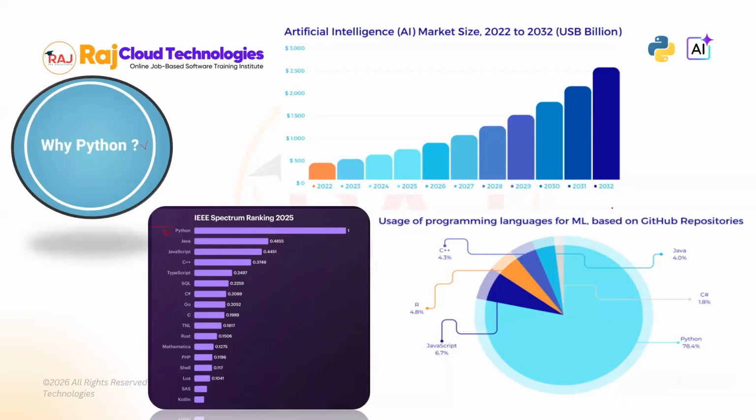These are some of the stats. GitHub is a popular repository. Whenever a developer writes code, it gets stored in repositories, and GitHub is a repository where almost 80 to 90% of the world's code is hosted, right? So if you see any stats of GitHub repos on all the new code that is getting pushed into GitHub related to machine learning and artificial intelligence, you can see that Python is a clear winner with a very big advantage. There is no other language that has anywhere close to the kind of library support and the ML and AI libraries that are available. So Python is clearly a go-to language for all the industries.